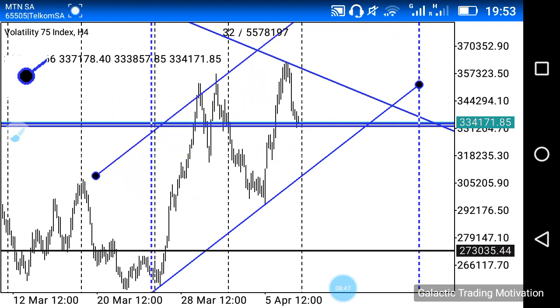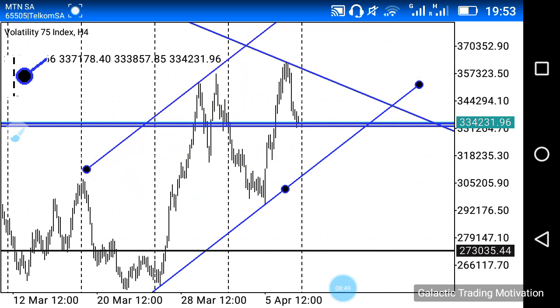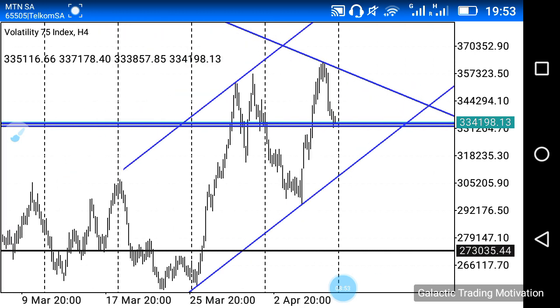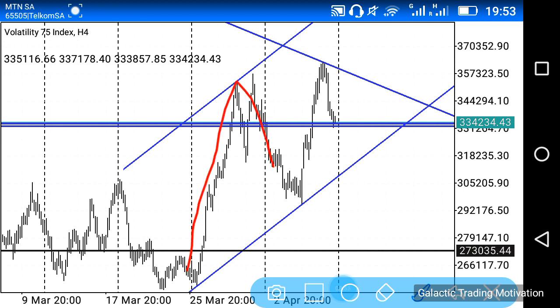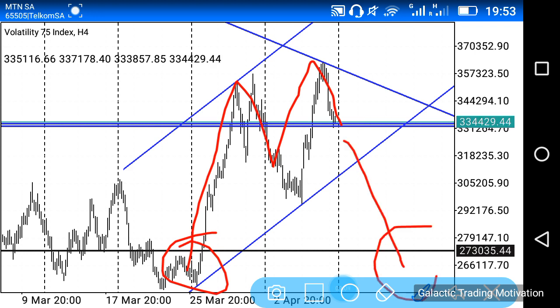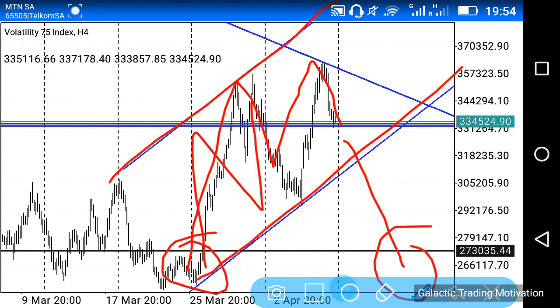Just to recap, guys, remember on the daily time frame we spoke about how we have this huge M structure, and that because it started over here, ideally we would love to see the market push further down to around this level, right? Having said that, just bear in mind that in as far as the H4 chart goes, we are in an upward trajectory, right? And we might potentially actually see the market continue to move further up, right? And let's zoom in and see exactly what is happening.